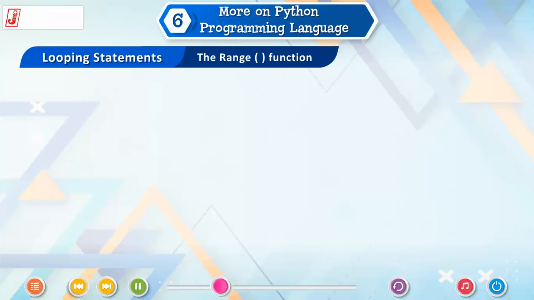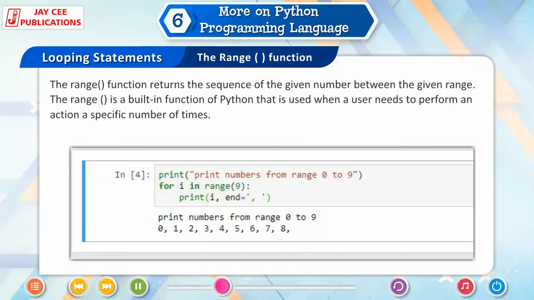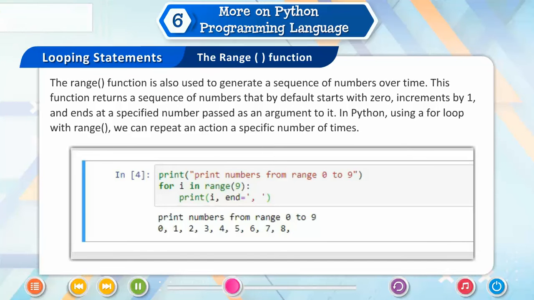The range function. The range function returns the sequence of numbers within the given range. The range is a built-in function of Python that is used when a user needs to perform an action a specific number of times. The range function is also used to generate a sequence of numbers.